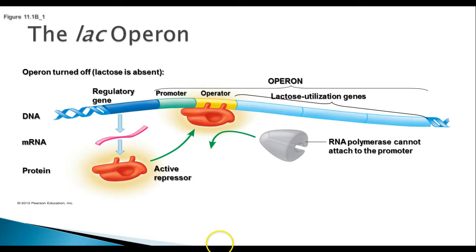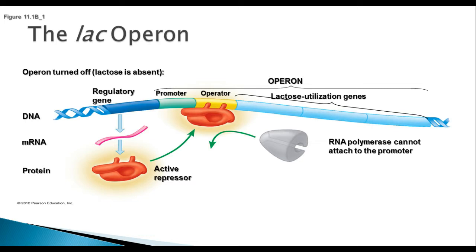So here's a commonly studied operon called the lac operon. The lac operon is responsible for making genes that can utilize lactose. Lactose, remember, is the sugar that is found in milk. Let's say you're an E. coli residing in your stomach, and if you're not drinking milk or eating yogurt or something like that, you don't really need to be able to break down lactose. It's not really important, and so that would be turned off because lactose is absent. You don't need to be making lactase or the lactose utilization genes at all. Why waste the energy to make something that you don't need?